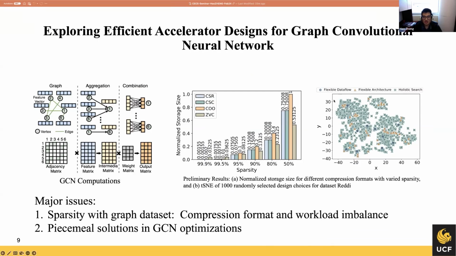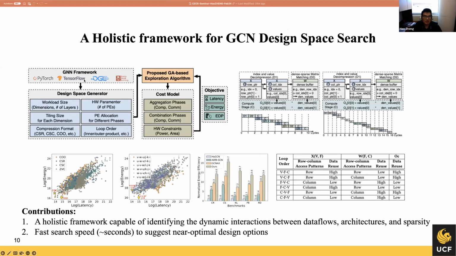Even though people already proposed some solutions to optimize graph convolutional neural networks from the data flow point of view or the architecture point of view, we're still lacking a holistic view of the entire GCN design. So we conducted some preliminary study, where the results indicate that a holistic search framework can further expand the design search space as compared to the individual optimization techniques. So this motivates us to develop a